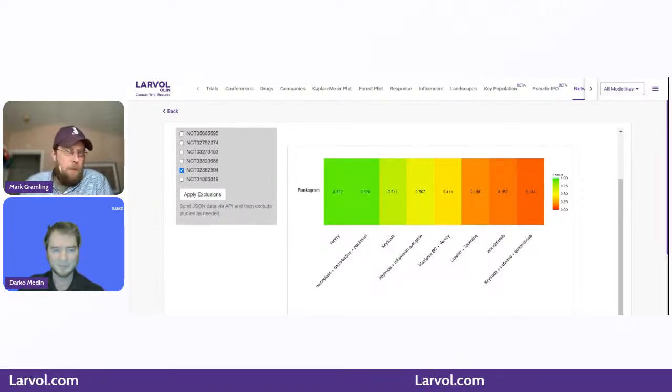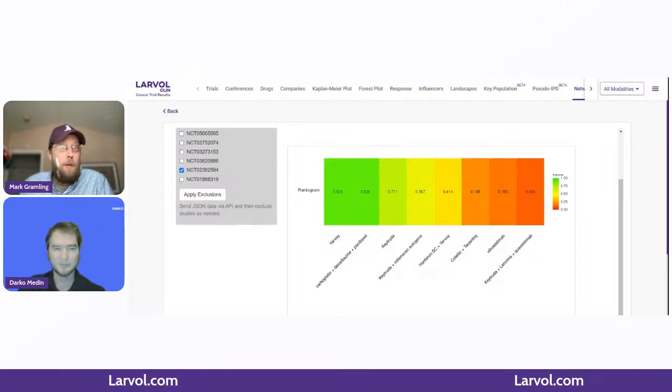So, I guess the take-home point from all of this, if you've seen CLIN, if you've found us on Google, and maybe if you've even signed up for a free trial, you may start seeing some of this, but obviously this is some pretty complex math that goes into it. So we'd certainly hope you reach out to us if you have interest in pseudo-IPD and network meta-analysis. We'd love to meet with you, anyone listening out there on the interwebs, to show you how this technology works and see how this could support your teams, whether that's in data science or early development or any of those applications within pharma and healthcare.